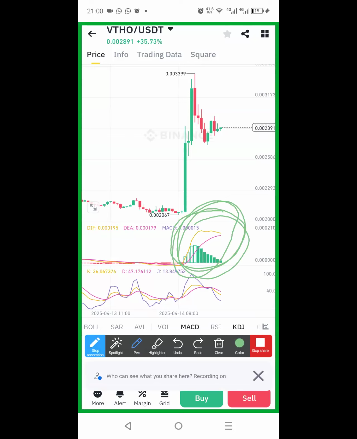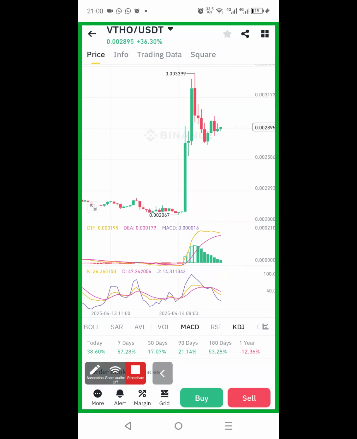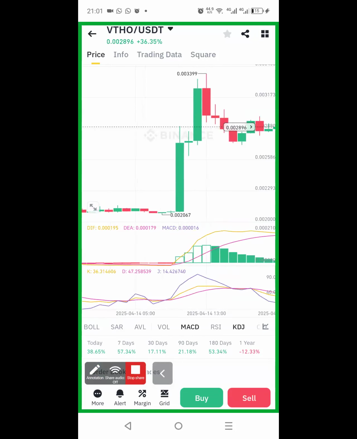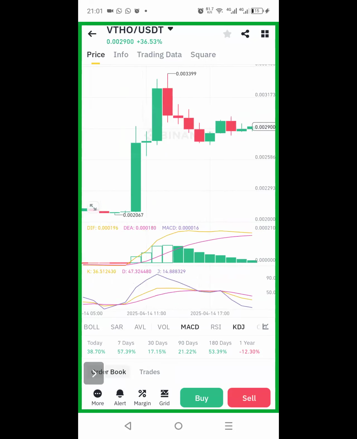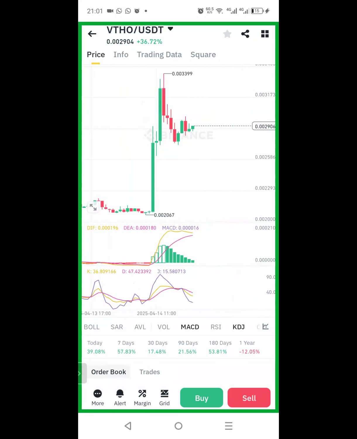So the line has already crossed over this zero zone. I mean that bridge, this thick bridge. So the MACD has already crossed over to the top, according to the 1 hour time frame. The 1 hour MACD now indicates that the current movement of this particular coin is still going to come down, because it's already over the bridge.